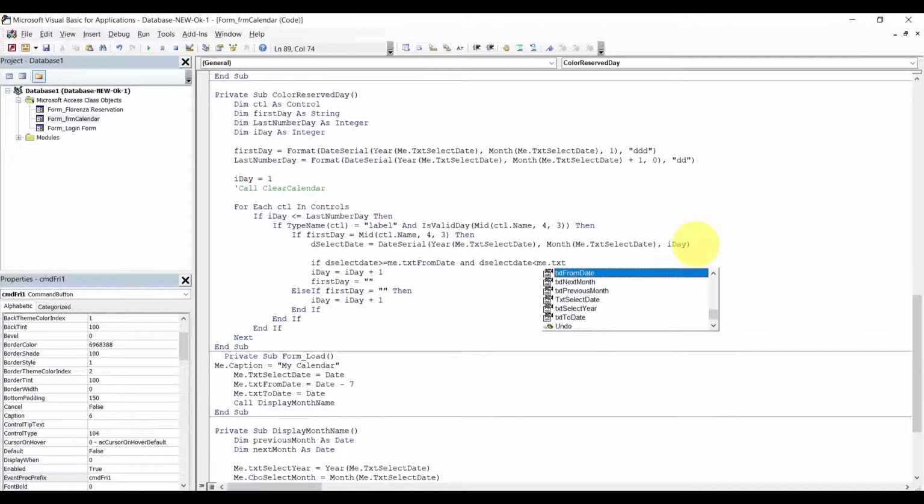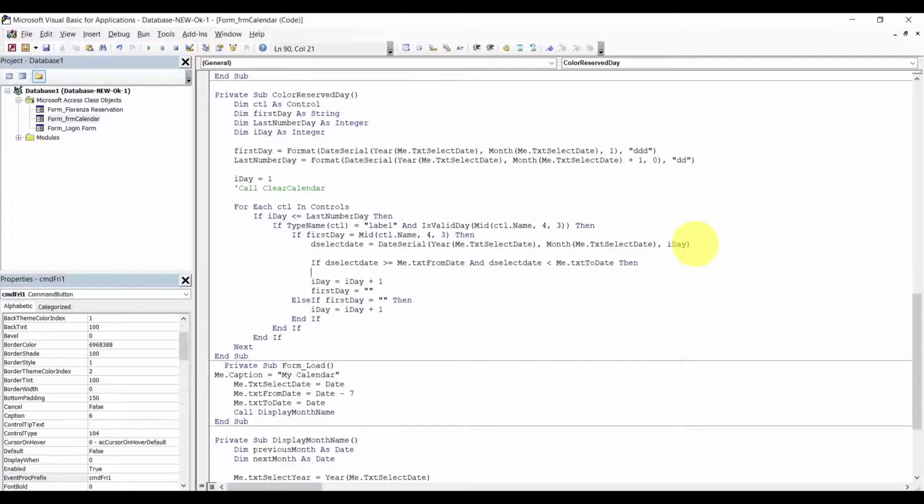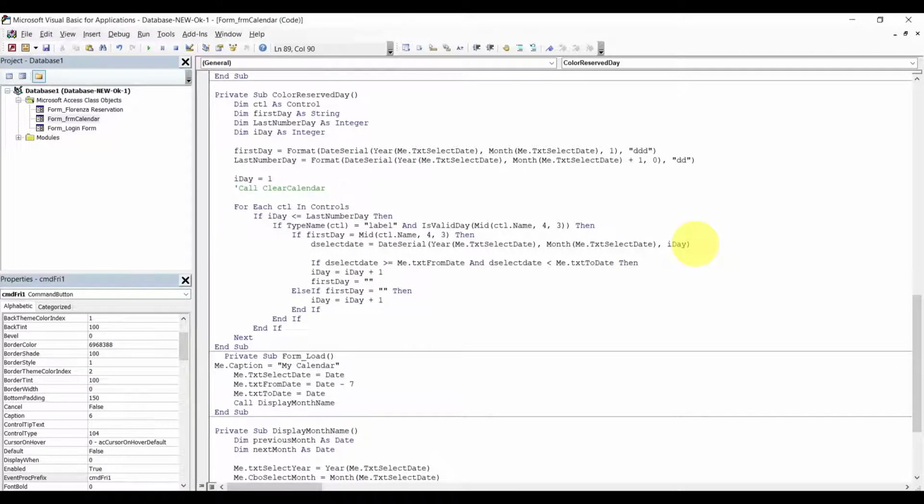Remember, we're not going to mark the to date. We could just do this. CTL back color to color. Oh, it's got 3 colors. Just do that. And then we'll copy that